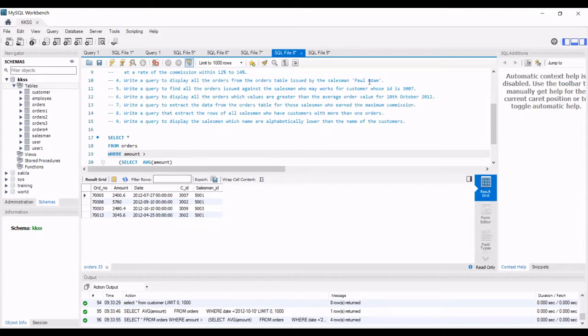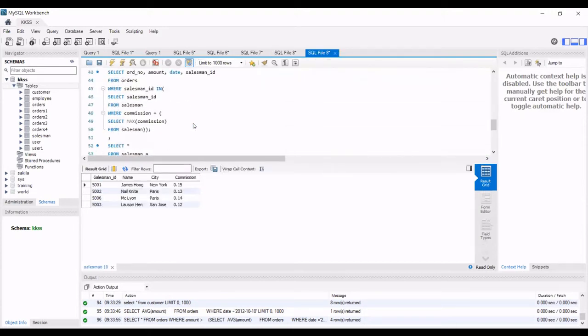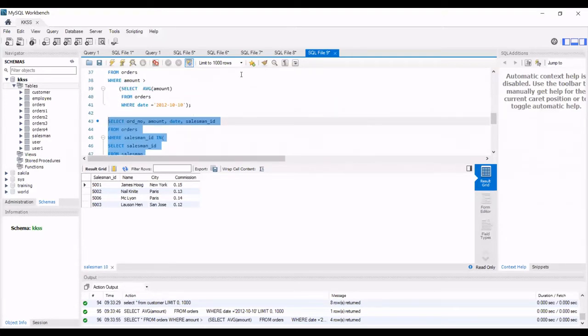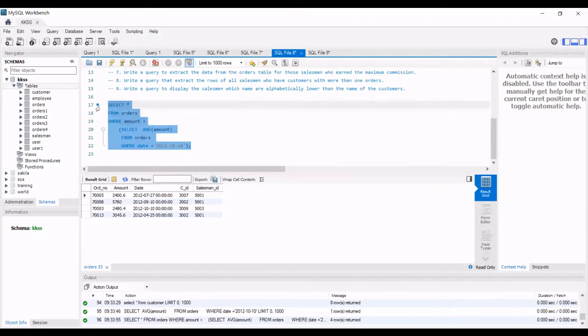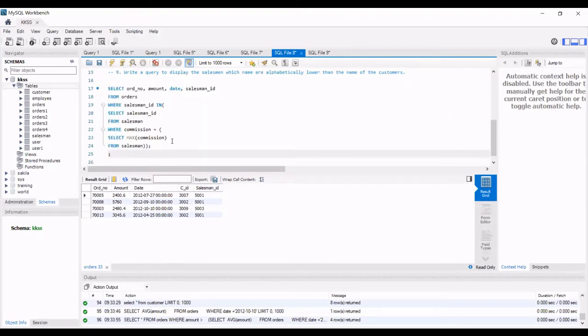We are just taking the max of the commission of all the salesmen. The where clause checks if it matches.